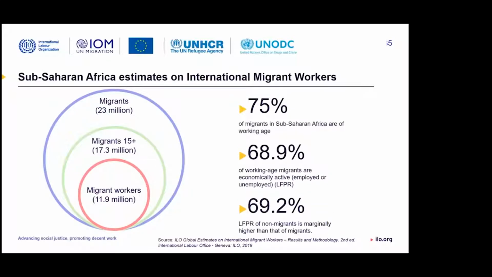If we look at that same document, the global estimates, it produces estimates for sub-Saharan Africa, and it finds slightly different figures. 75% of migrants in sub-Saharan Africa are of working age, and about 69% of those who are of working age are economically active. And this is just marginally less than the labor force participation rate of non-migrants, which suggests that there is,